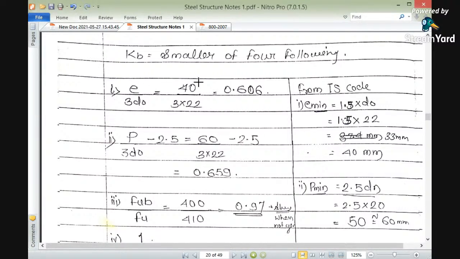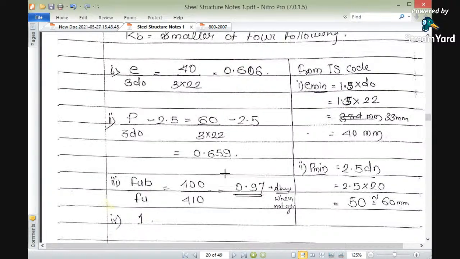e upon 3d0, that is 40 divided by 3 times the diameter of hole, 22. It comes to be 0.606. Pitch upon 3d0 minus 0.25: the pitch here we have taken as 60, so 60 divided by 3 into 22 minus 0.25. It comes to be 0.659. Then fub upon fu, 400, that is